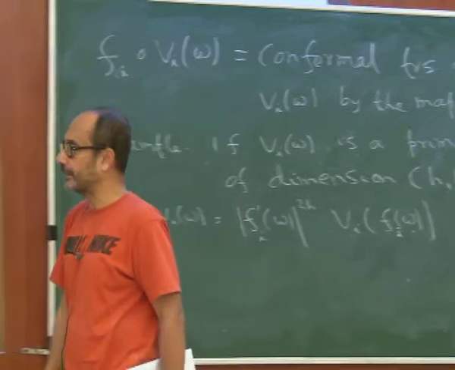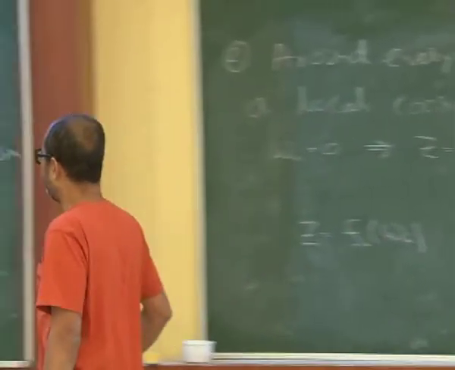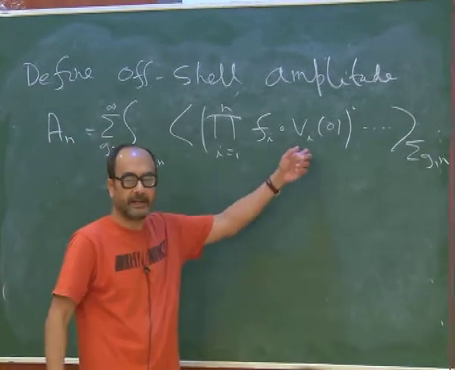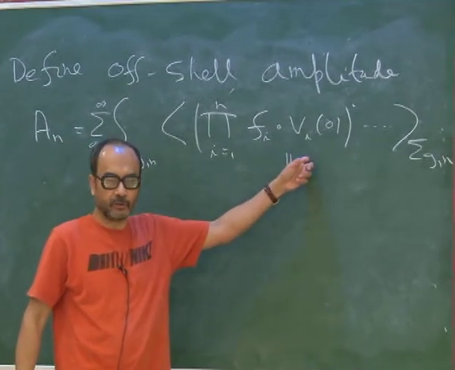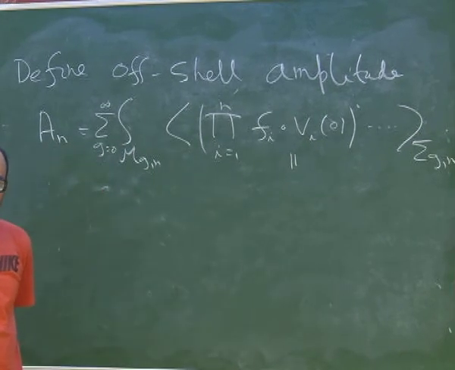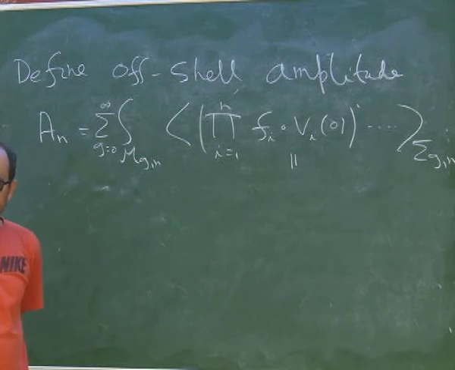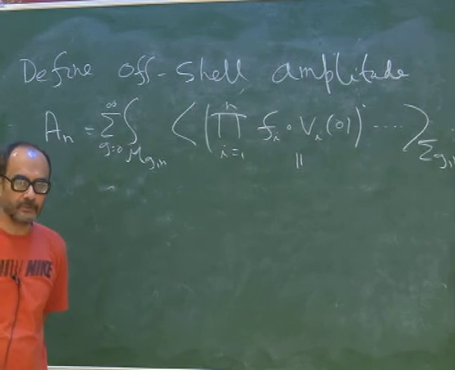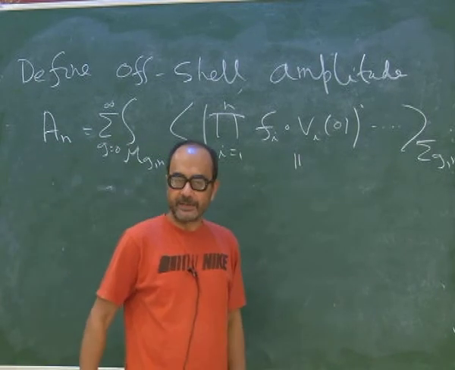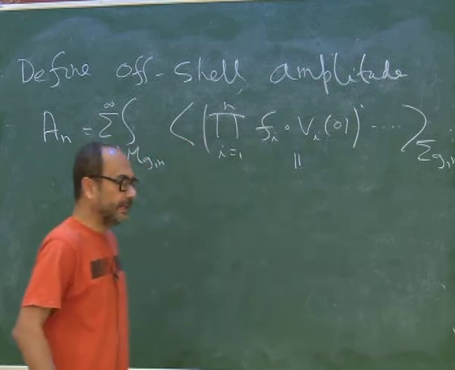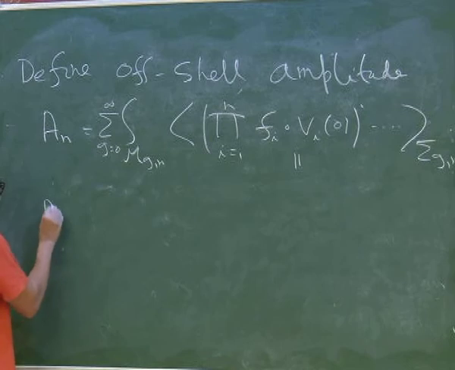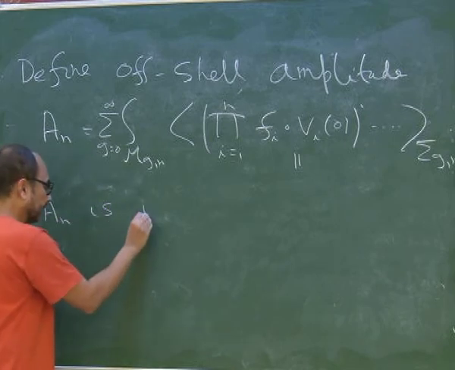So this would be the regular Polyakov amplitude on-shell. But we are defining the off-shell generalization. Instead of writing V_i of Z_i here, we put F_i dot V_i of Z_i, so that there is an extra conformal factor that comes in this transformation. Is this clear? Now this looks like a complicated way of doing this. Why didn't we just put V_i of Z_i here? The reason is that with this definition one can show that N is independent